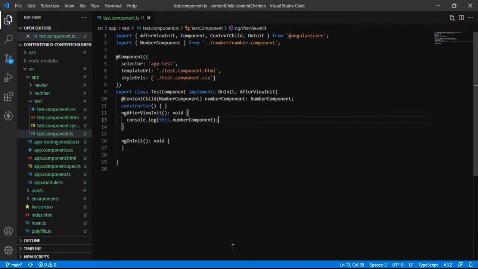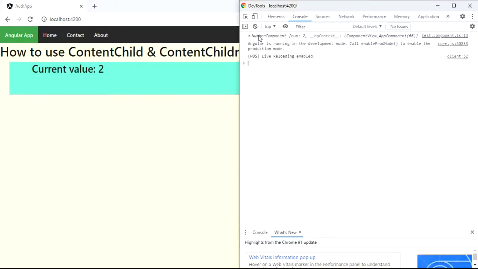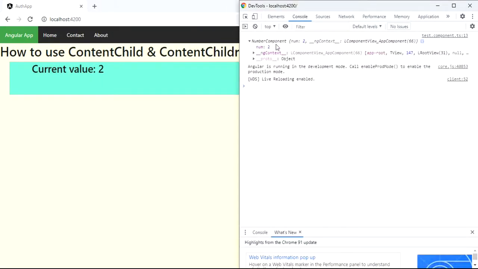Let me try to run, and we can see we can access this over here.